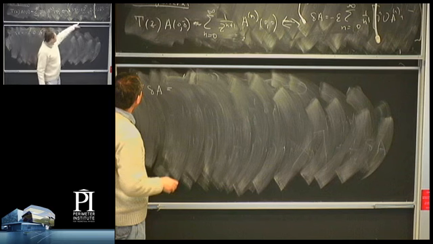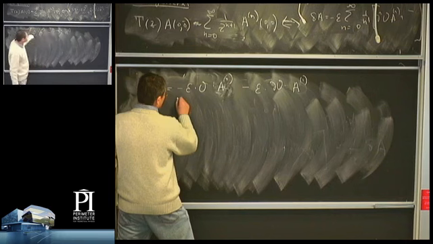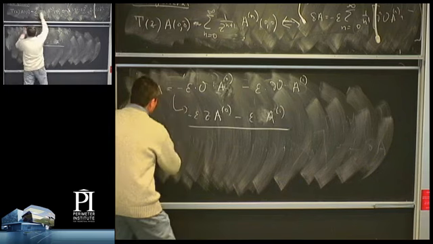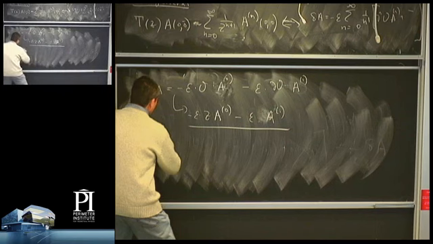So out of this infinite sum, I'm pulling out the first two terms, minus epsilon b A_0 minus epsilon del b A_1. So if you compare this line with this line,